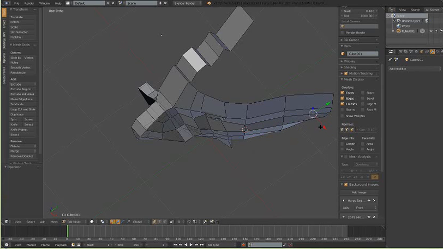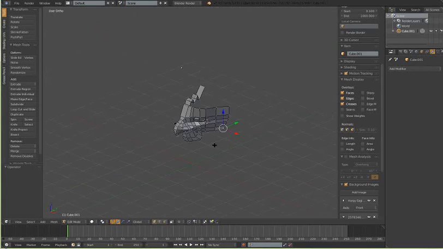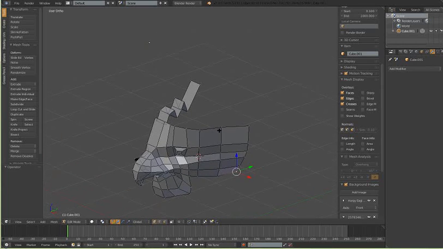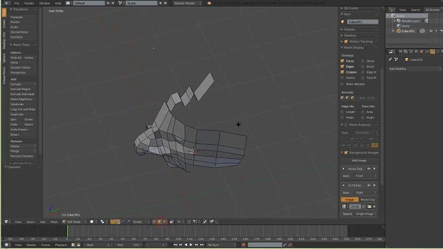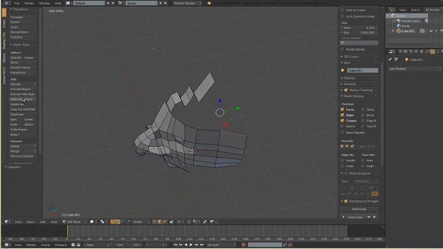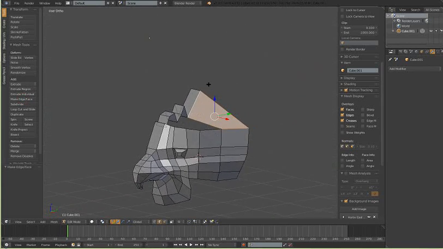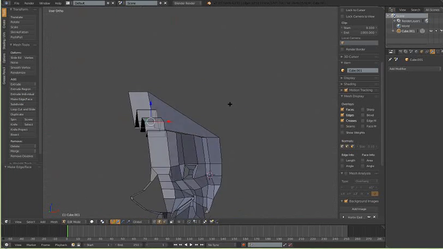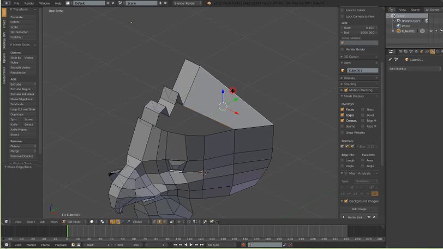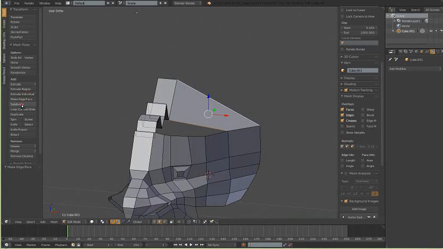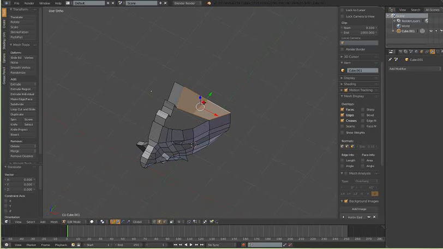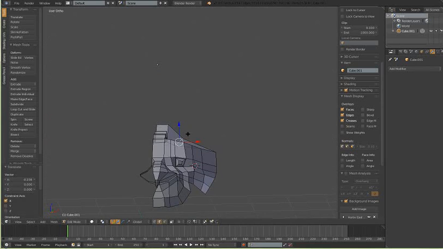Pull this. We'll just leave it there. Let's go ahead and connect here. Make edge face. Let's pull these. Make edge face. No, I want subdivide, not make edge face. So 1 and 3. So let's go ahead and pull this in, and then